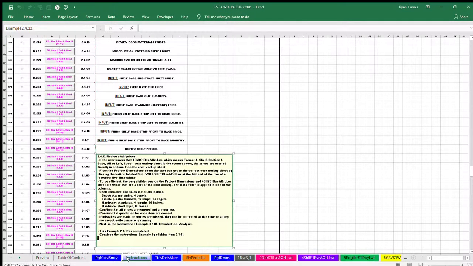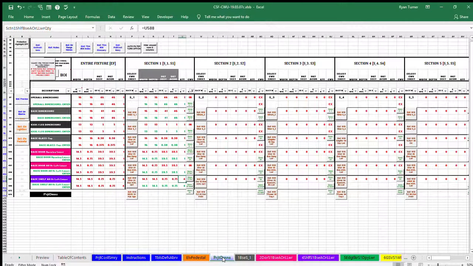Example item 2.4.12, review shelf prices. If the user knows that sheet 4 SHLF S1 BSE A or L LWR, which means format 4 shelf section 1 base all or left lower cost workup sheet is the correct sheet, the prices are entered directly in column T on the cost workup sheet. From the project dimension sheet, the user can get to the correct cost workup sheet by clicking the button labeled SLCT: